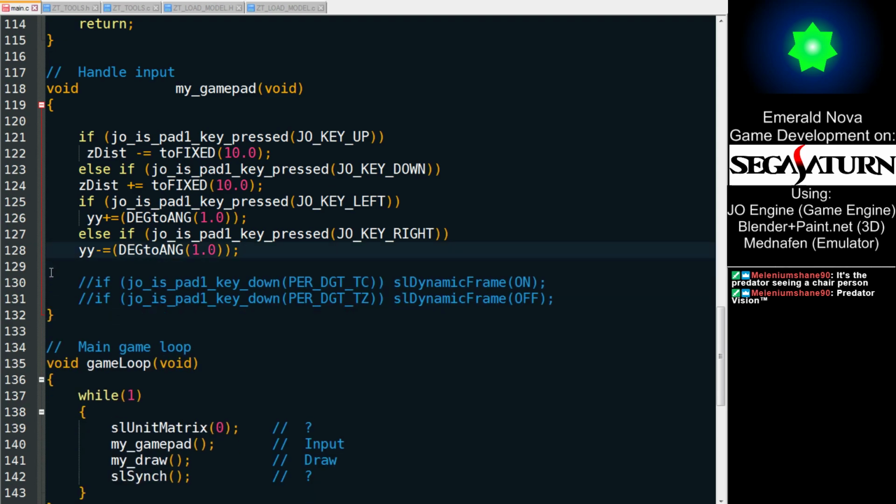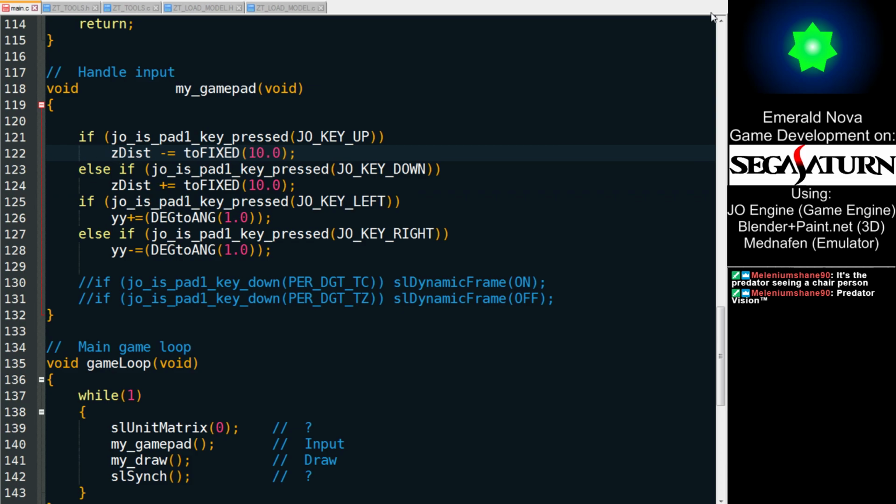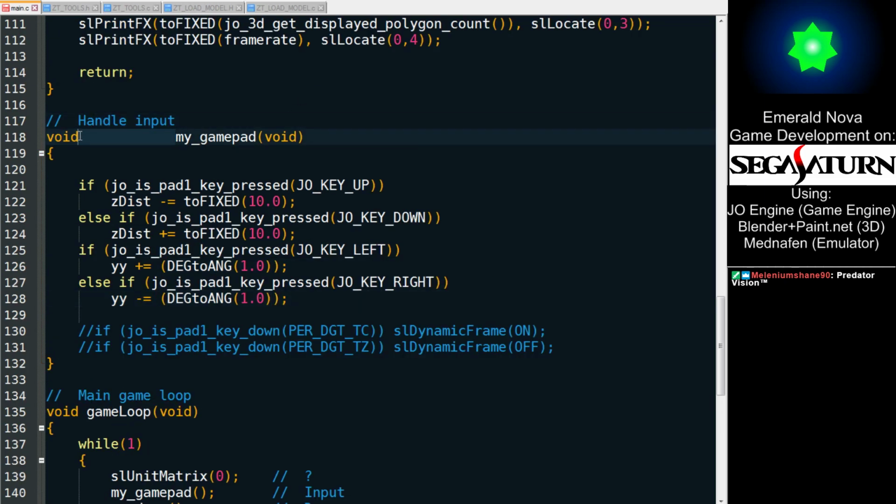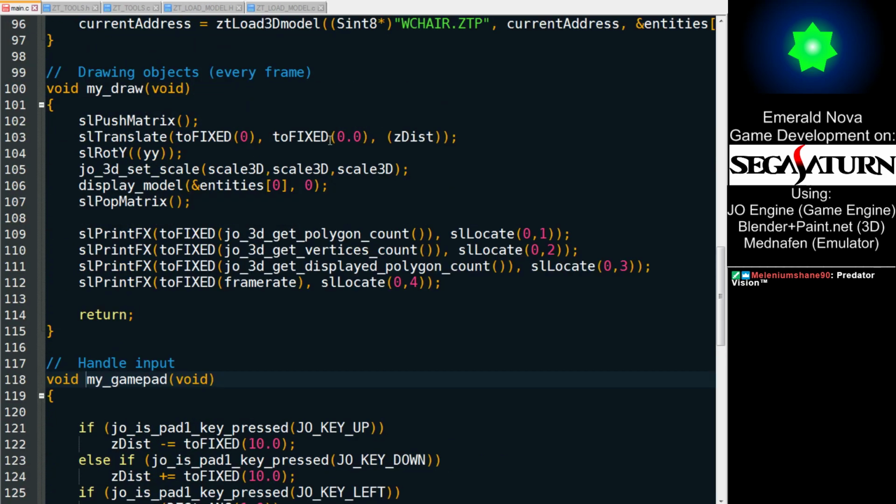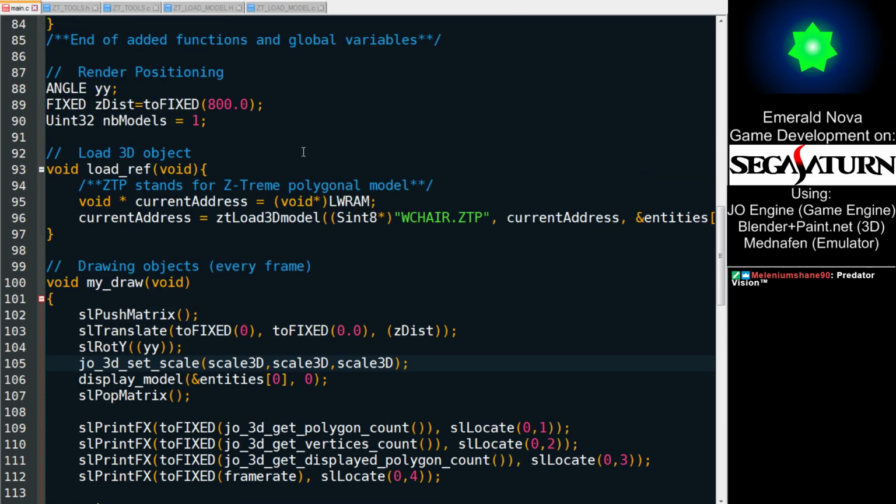I want everything I do locked at 60. I don't care how bad it looks, I just want it at 60. I want it to feel good rather than look good. This inconsistent tabbing stuff is triggering my non-existent Python-based OCD. There. I feel a little bit better. I just want everything to be spaced the same way. Okay. Push matrix. Pretty sure that's necessary. Translate, that's just putting stuff in place. Set scale, that's,